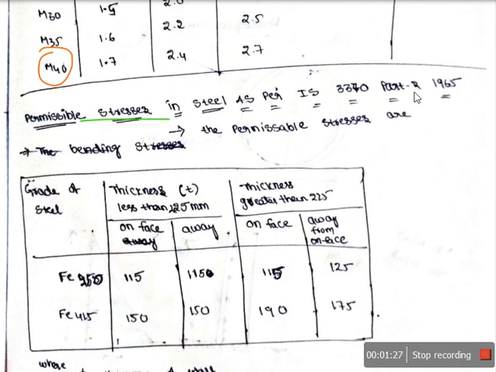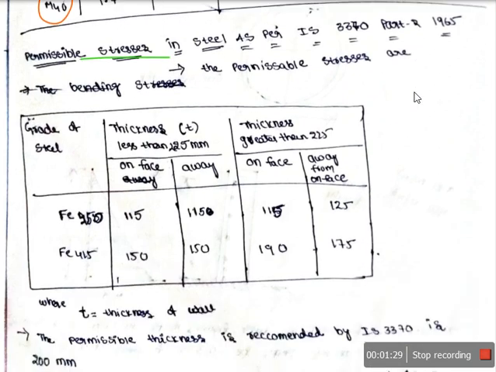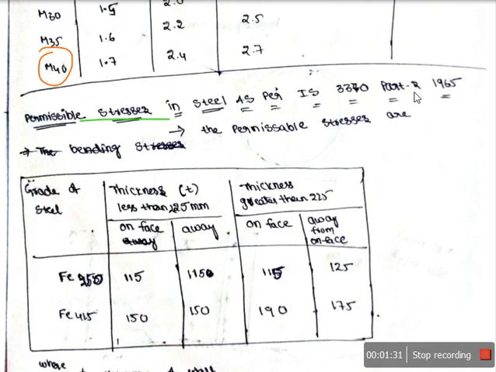Likewise, we have the same for steel also. The next continuation table itself is for the steel, from the same code. The permissible stresses for steel depend upon the thickness of your wall. If the thickness of your wall is less than 225 mm, and you are providing the steel to the face of the water, so for example, this is your wall,